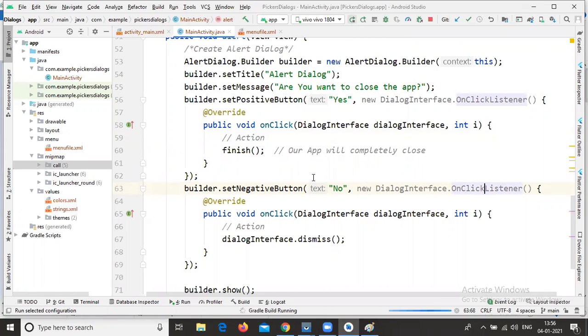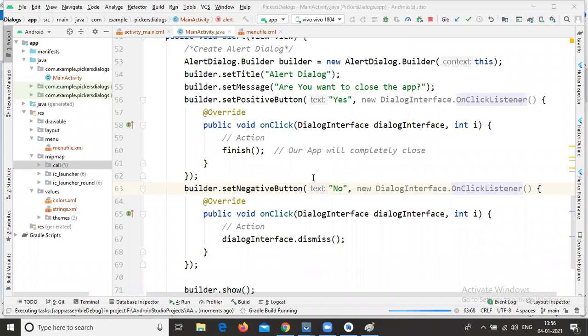I'm running my application just to check the output. Here is one question: the difference between set title and set custom title.